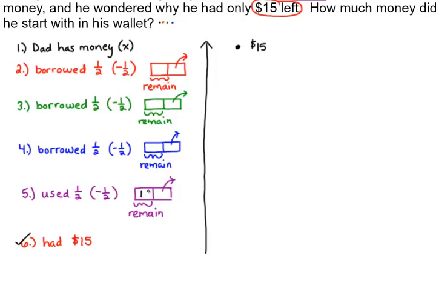That $15 represents the amount that remained. In order to figure out how much he had before he used half of it, my next step: before Dad used half, he had